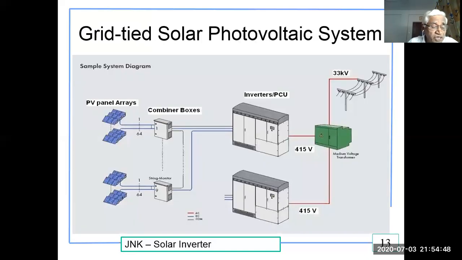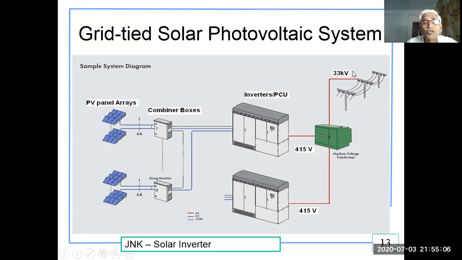The inverter that supplies the AC power to the load has to appear as a voltage source with a stable voltage and frequency, supplying power at around 230 volts AC. It can be any other supply. It can be a three-phase 415 volts and stepped up with a transformer.